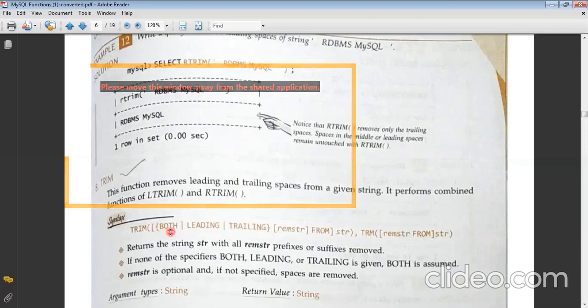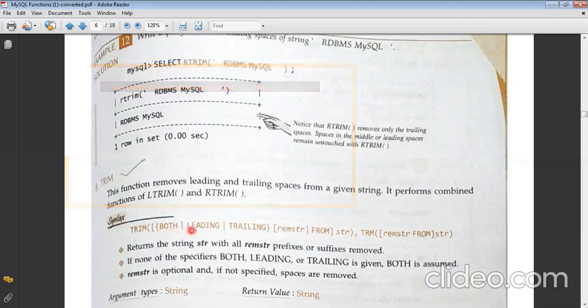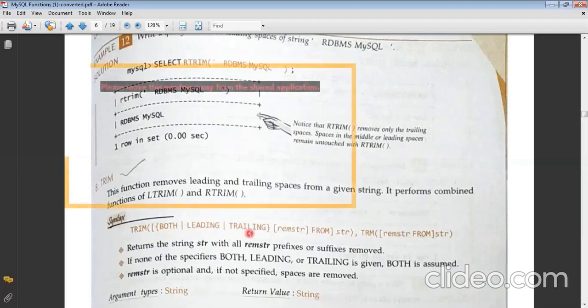If it is written both, it means you are removing both the spaces at once. If it says leading, that means you are removing only the leading space. If it says trailing, that means you are only removing the trailing space, the space which is just after the string. So all three cannot be used together, they can be used one by one, whatever is preferred by you.